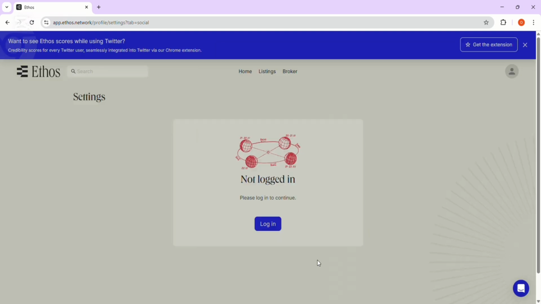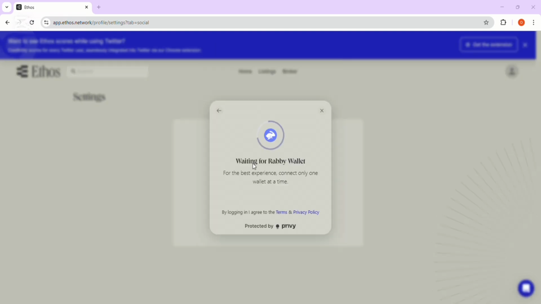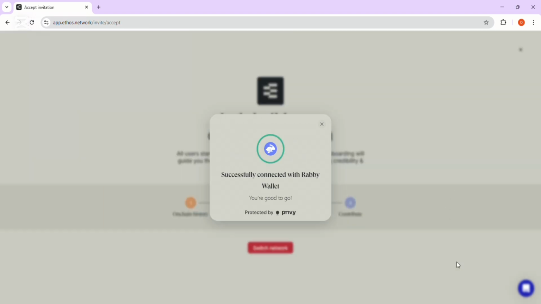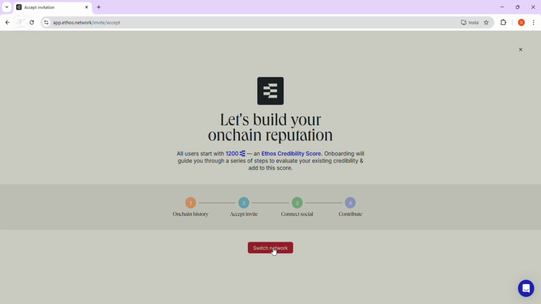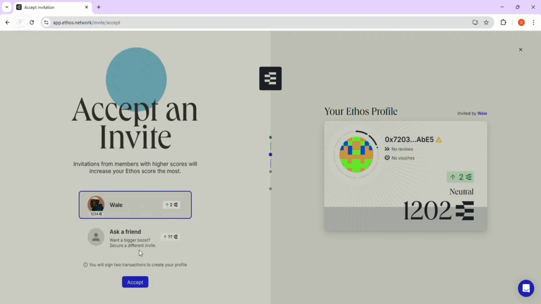So the first thing you need to do to get invited on Ethos Network is to have your EVM wallet. The person that wants to invite you will request your EVM wallet. Once you are invited, you will proceed to connect your Ethos account to the same wallet that you were invited with. Then connect, then sign to verify. So now your account is connected. The next thing you need to do is switch your network to Base chain, then click continue, then evaluate, click on evaluate, then click on continue, then accept invite, click on accept,